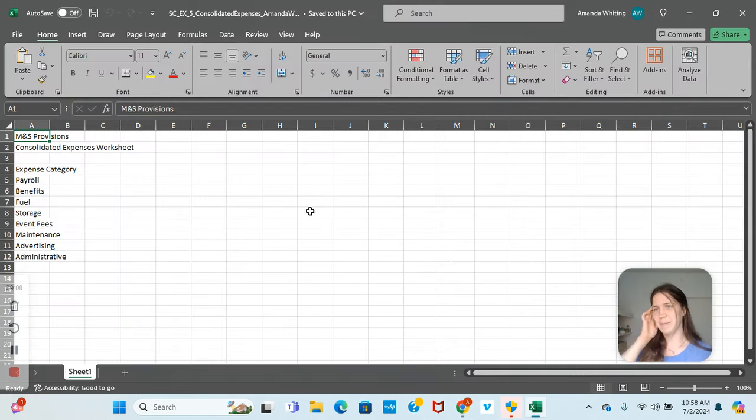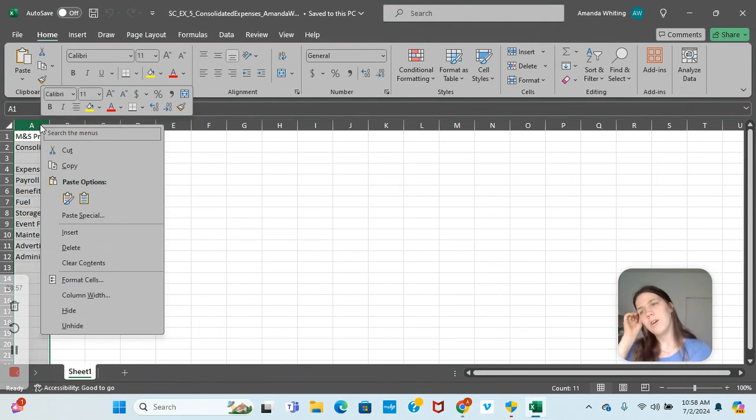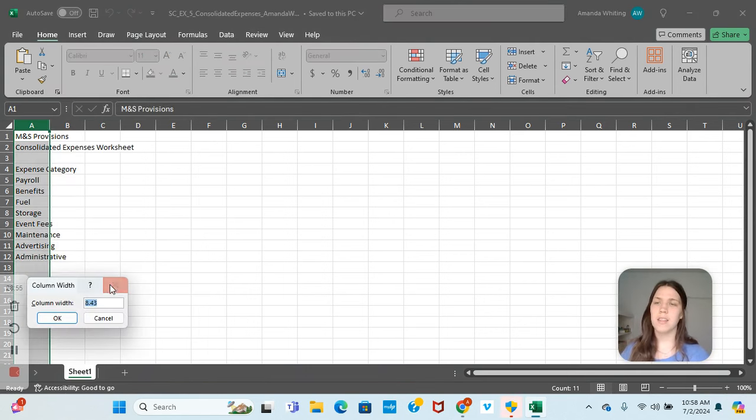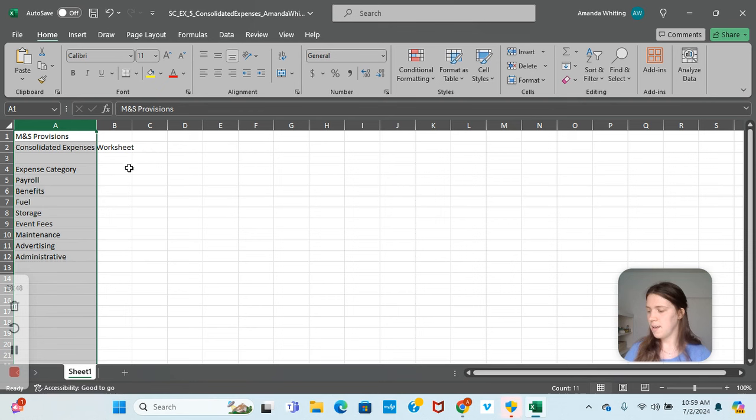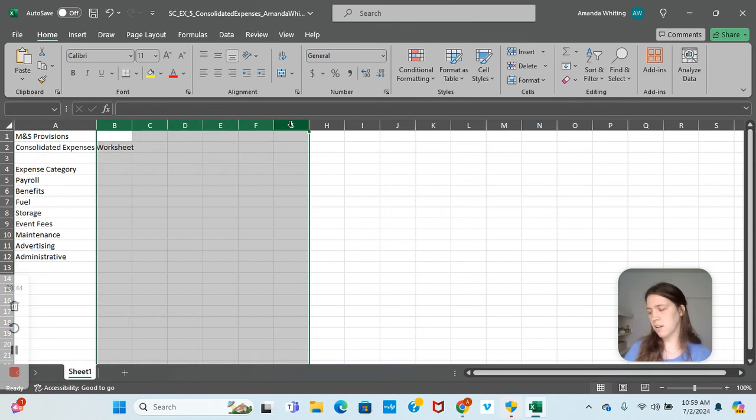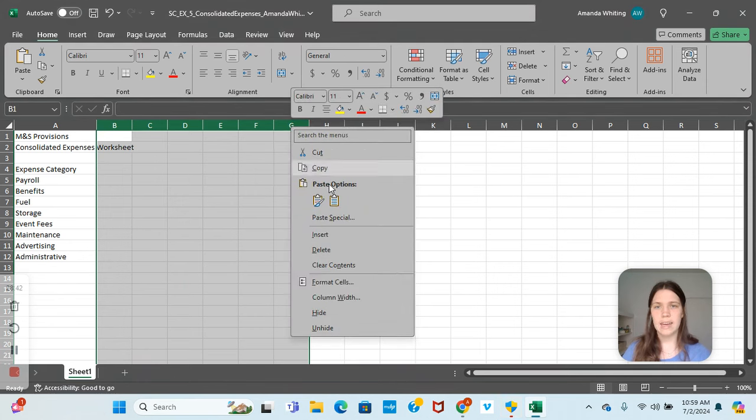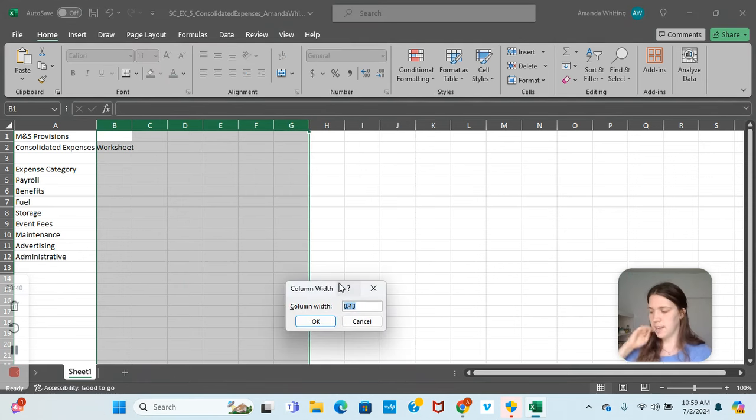Alright, I accidentally copied the period. Sorry. Alright, first, it already typed out our categories, so that's awesome. Column A, we are going to want to change the width to 20.57, so right click and then do column width and type 20.57. Then select column B, press shift and click column G, right click, column width, change that to 13.57